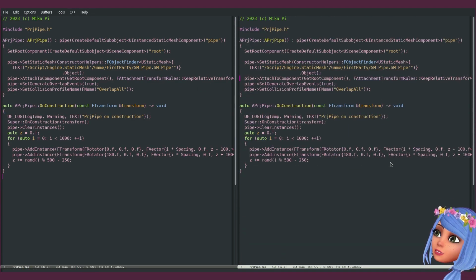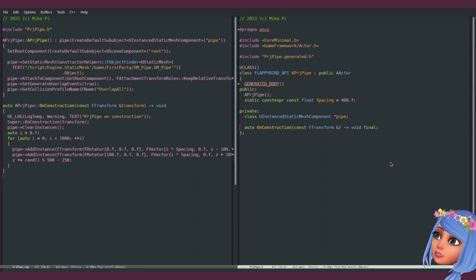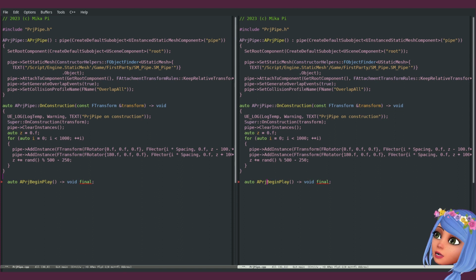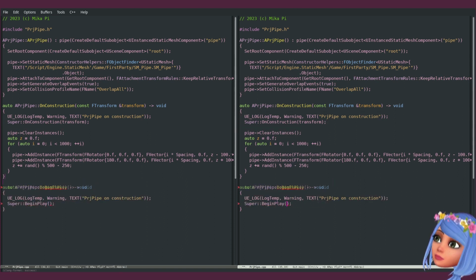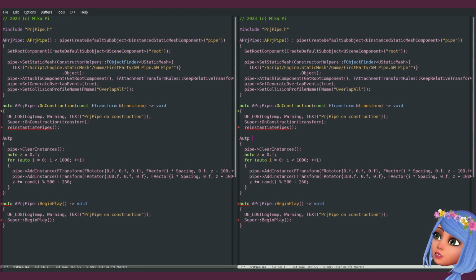So what we can do instead of on construction, we can also do on begin play, just begin play, a project pipe, and instantiate pipes. Yes. Auto.